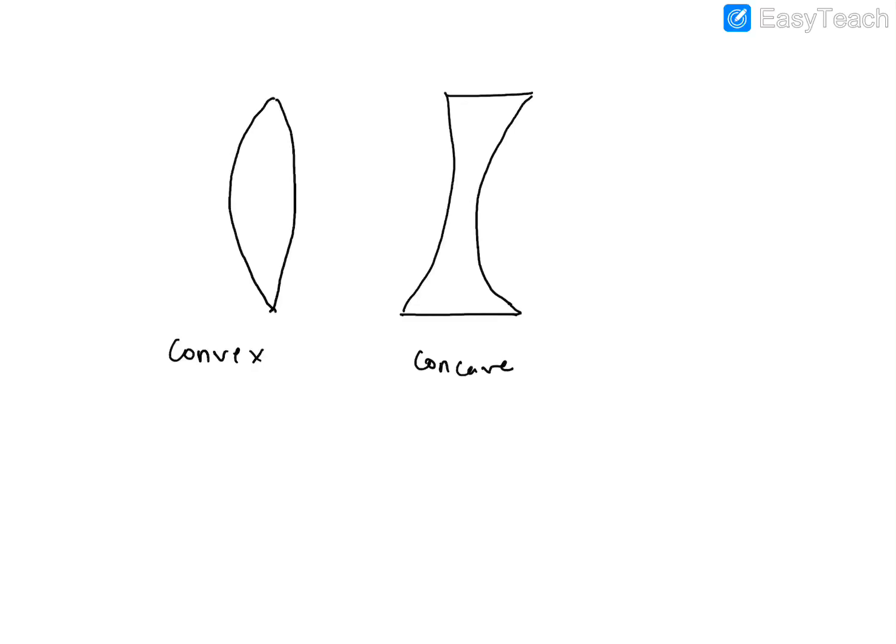The spectacles which we wear, even they have lenses, convex or concave lenses. Now one more very important thing: a convex lens is also called a converging lens simply because it will converge the light rays, whereas a concave lens is called a diverging lens, again for the same reason, because it will diverge the light rays. So we'll first discuss what are the different types of lens.